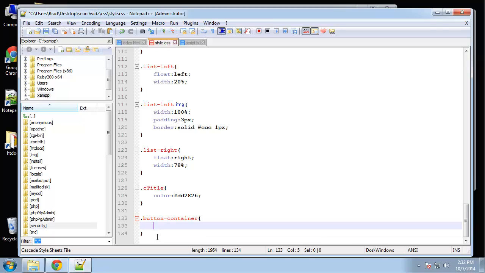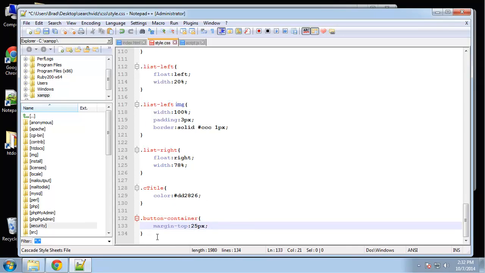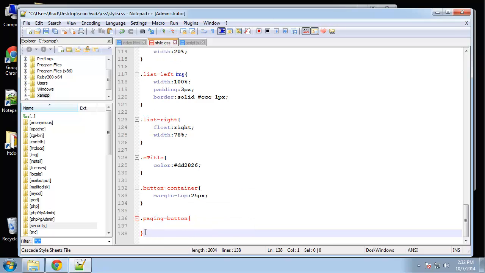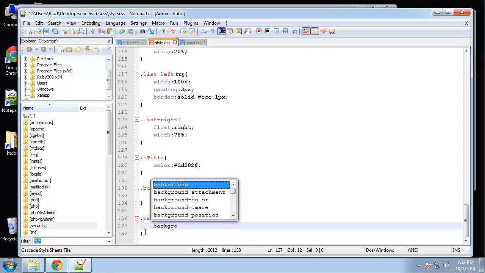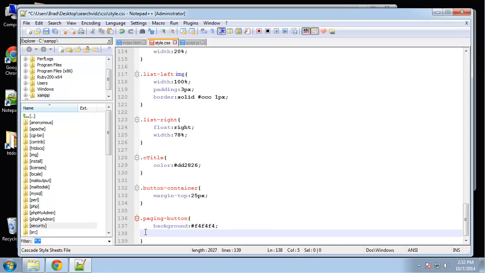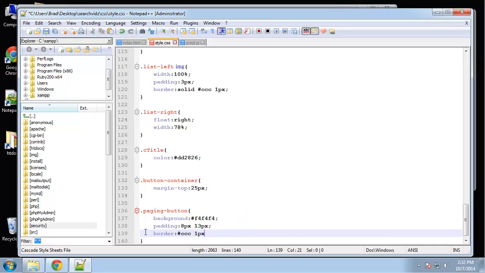I'm going to add a margin top of 25 pixels. Okay, and then the actual buttons, which have a class of paging button, I'm going to give it a background of gray, padding of 8 and 13, border will be gray, 1 pixel solid,